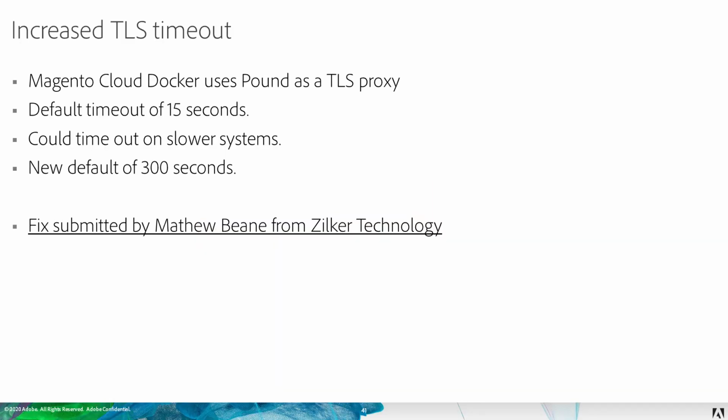So we increased the TLS timeout. We use Pound as a TLS proxy for Magento Cloud Docker, and at least the version we were using had a default configuration with a connection timeout, or time between bytes timeout, of 15 seconds. And if you were running a particularly complicated site, or if your system was kind of slow, or whatever the case may be,